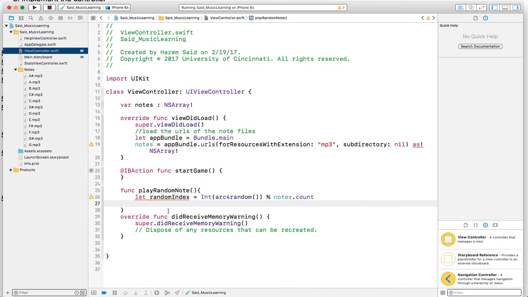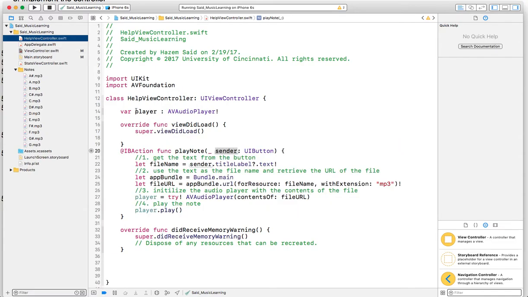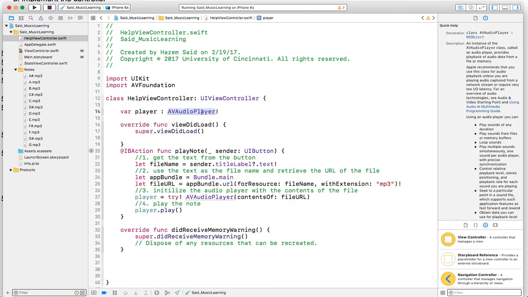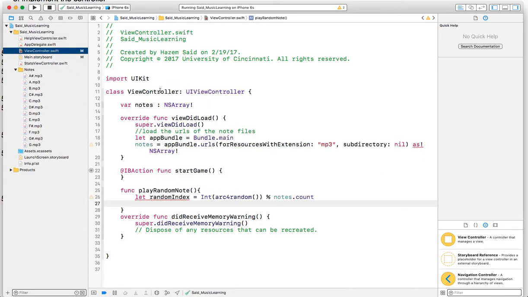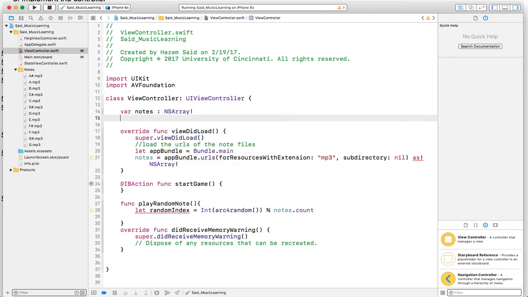So now that we have a URL, we can then load the player and say play. So we have to first create the player, which will require us to import the new framework like we did with the help screen. To add the player, which is an AVAudioPlayer, we needed to import the AVFoundation. So we'll do the same. Import AVFoundation,